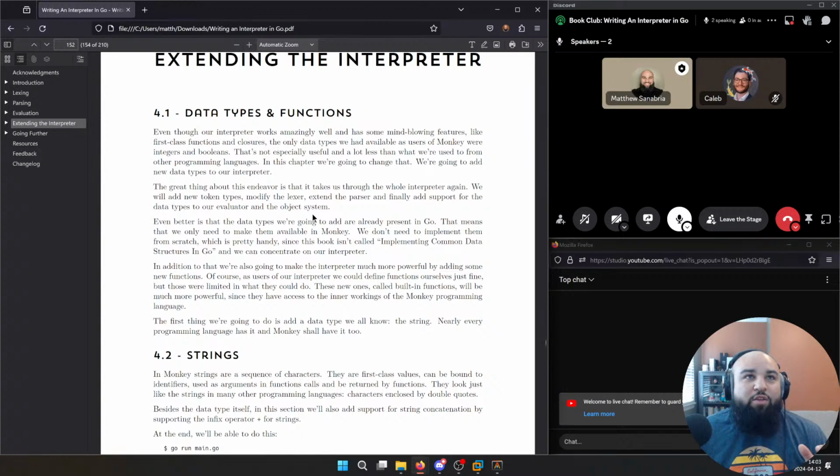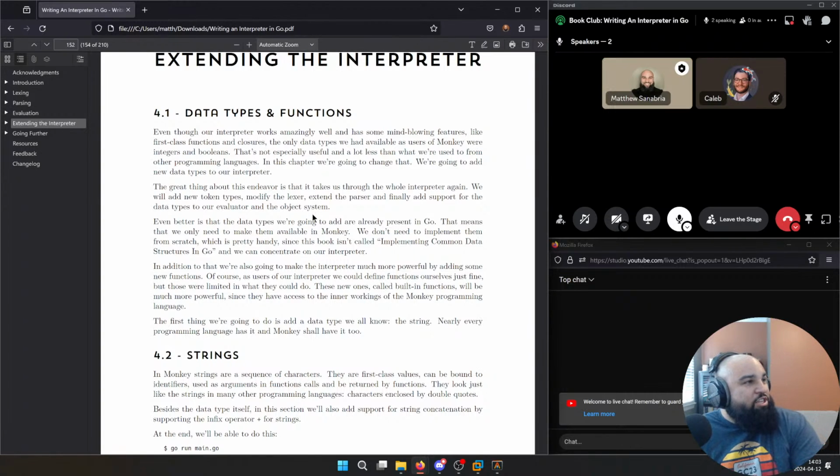You might think of this as a standard library, but it's not exactly a standard library because it's not a separate package or separate feature. It's built into the interpreter itself.